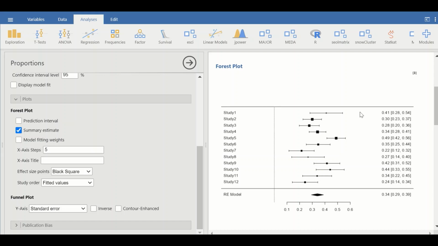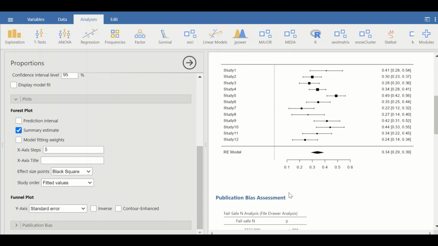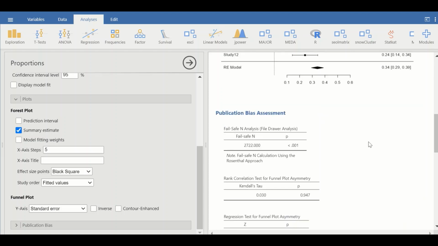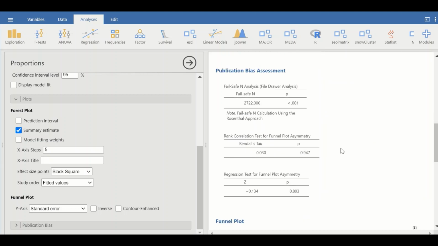The horizontal line here represents the 95% confidence interval, and the scale here ranges from 0.1 to 0.6. The diamond shape represents the overall calculated proportion, or pooled proportion. And if we scroll down here for the next section, which is for publication bias, it can